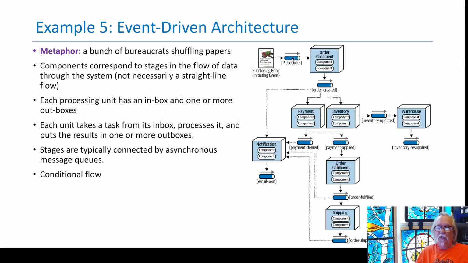So here, this person would say, I want to purchase a rubber duck, and in that document would be my ID, my prime status, the ID of the object that I want to buy, and then that document gets passed over here to the order placement